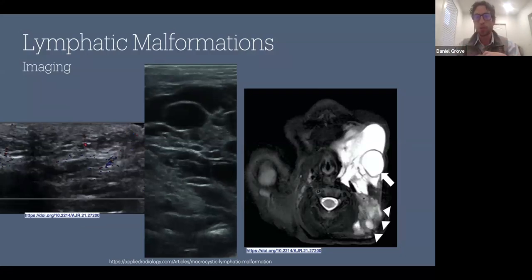The middle photo shows macrocystic ultrasound changes. This is what I was talking about with large targets to go after with sclerotherapy, which is typically doxycycline or bleomycin in our experience at our vascular anomalies clinic. On the right is an MRI image. I am no radiologist, but the nice part about lymphatic fluid is it lights up on T2 weighted imaging,